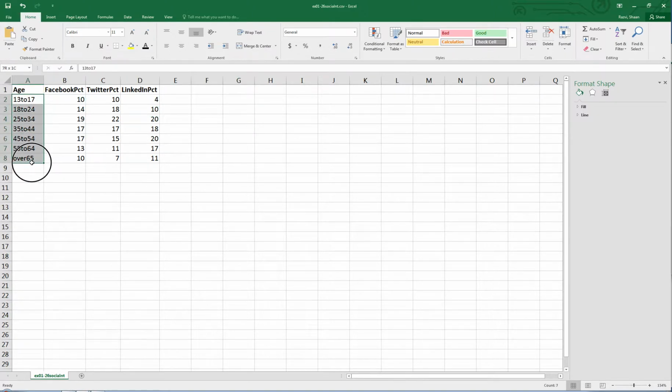So these are the age groups here on the left, and each subsequent column represents the percentage for Facebook, Twitter, and LinkedIn respectively. So I look at this, and the first question I need to ask is what kind of chart would best convey the message that I want to convey. And really I want to essentially show the breakdown of these three platforms across each of these age